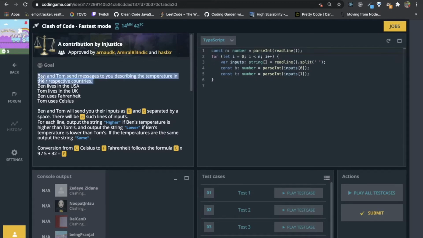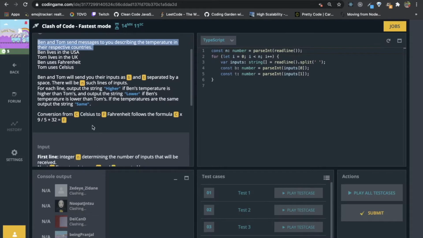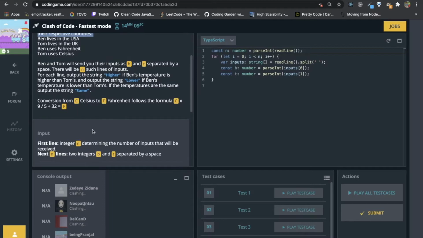The problem is, Ben and Tom sent messages to you describing the temperature in their respective countries. Ben lives in USA, Tom lives in UK. Ben uses Fahrenheit, Tom uses Celsius. Ben and Tom will send you their input as B and T separated by space. There will be n such lines of input. For each line output the string higher if Ben's temperature is higher than Tom's. Okay, so we need to basically